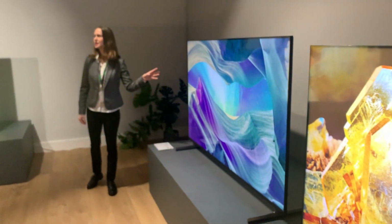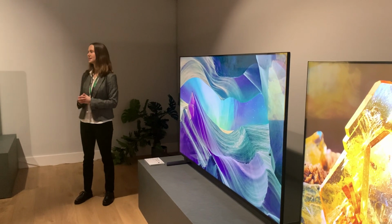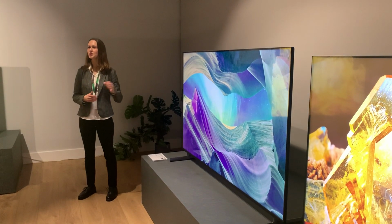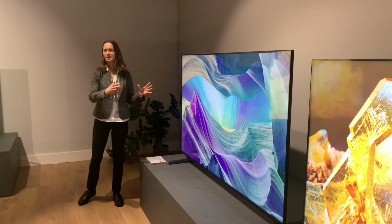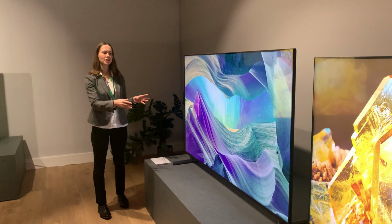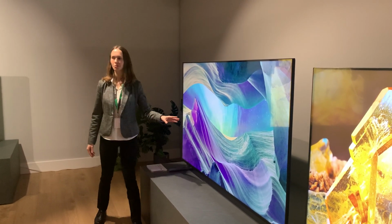Then here we have our new addition to our full array lineup. So this is the X85L. Last year's model was a regular LCD TV. Now we have brought the full array technology onto this model for a better picture experience. However, there are still quite a few differences between the X85 and the X90. So for example, this one does not have the XR processor, and also the sound is coming from X-balance speakers